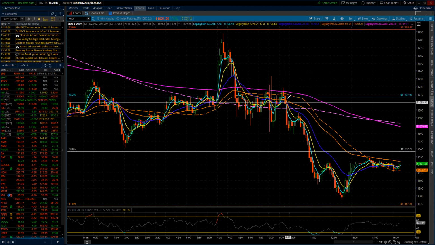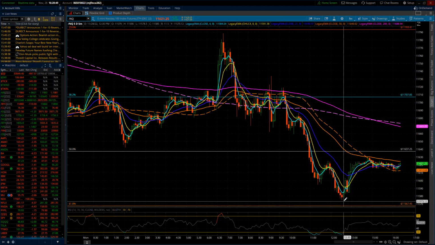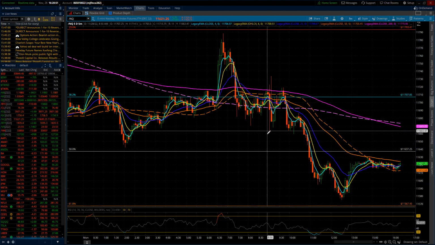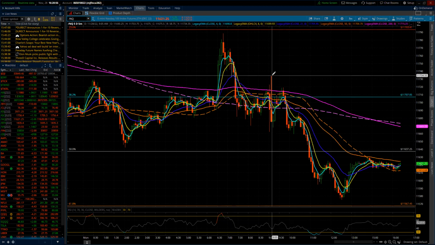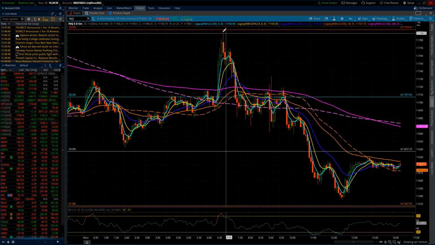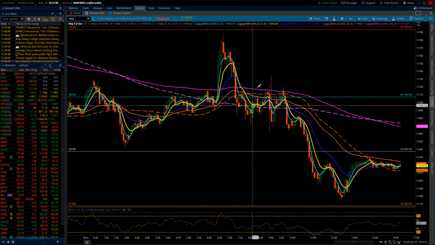From there, it's a 1, 2, and then I got a 1, 2, 3, 4, 5. So if anything, 1, 2, 3, here's a 4, we come down on a 5. And that's just from this level. That doesn't take it back to there. Could be different. Could be another ABC.